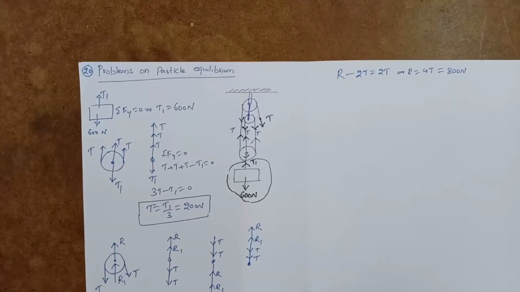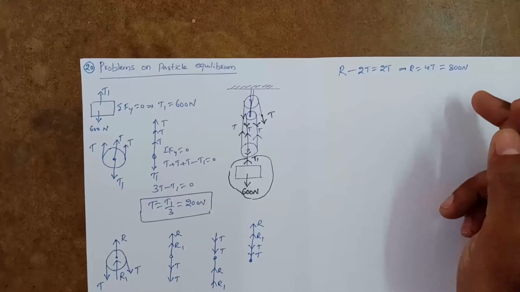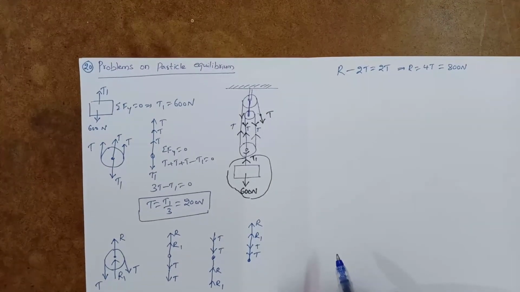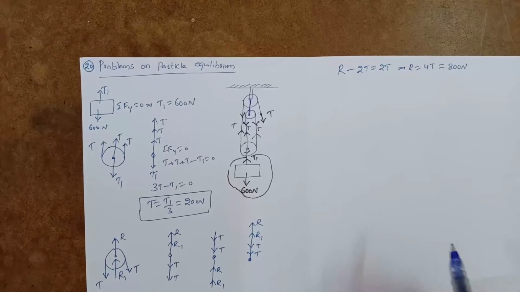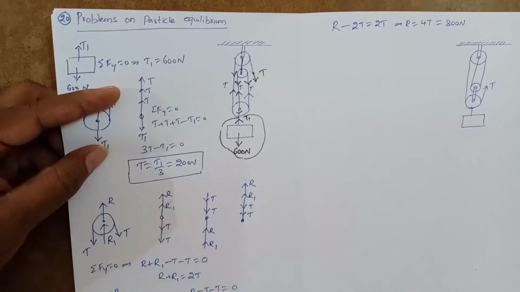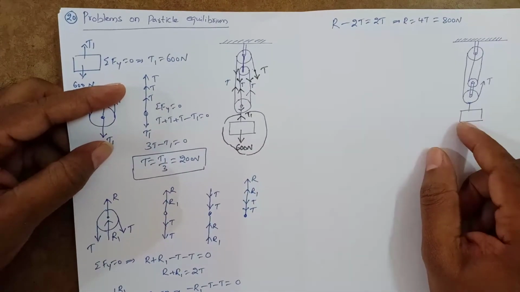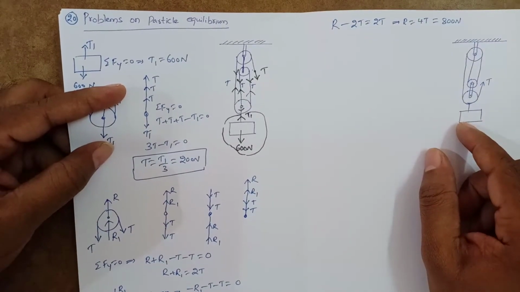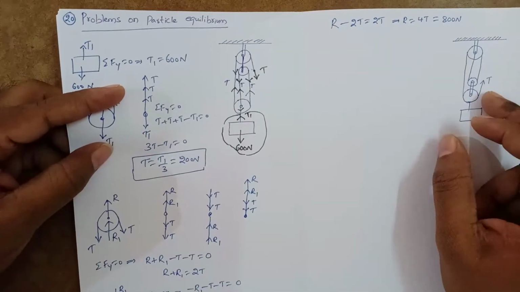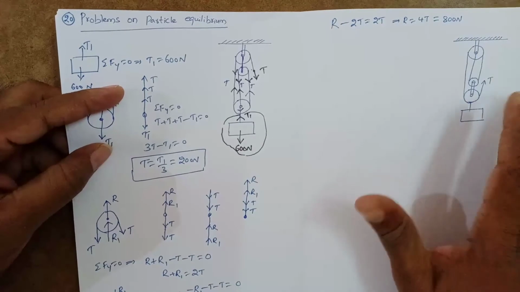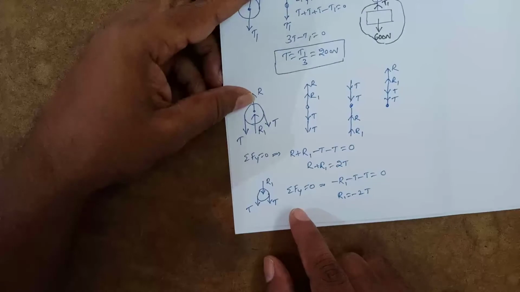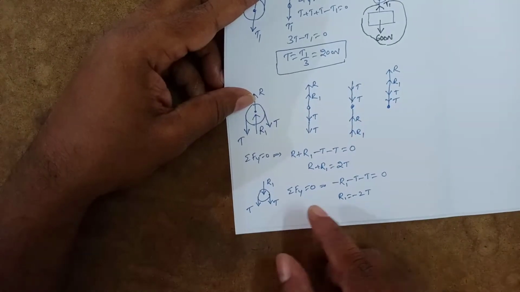So in the problem, if it is asked to find R or R1, then this is the solution. So this completes this case. We have another last case in the same problem. Let us move on to the last case. So this is the last case in the same problem arrangement. For this arrangement, we have to find out the tension in this cable such that the complete system is supported or is at rest. In the previous case, I think this is already clear. I have shown this. I don't know whether it is visible or not.